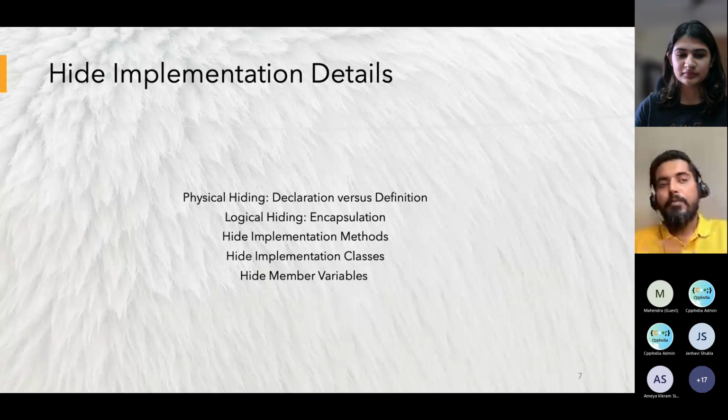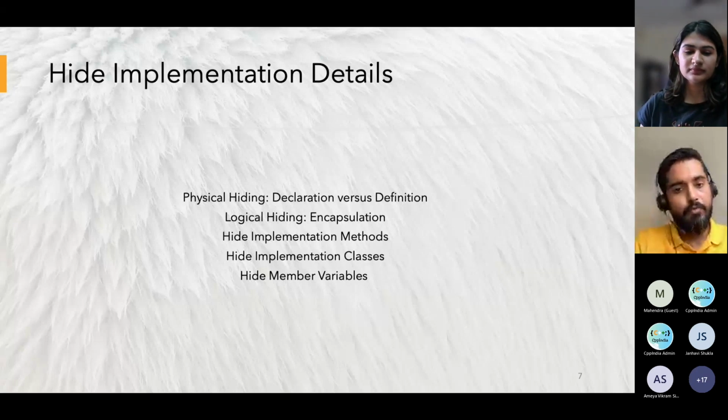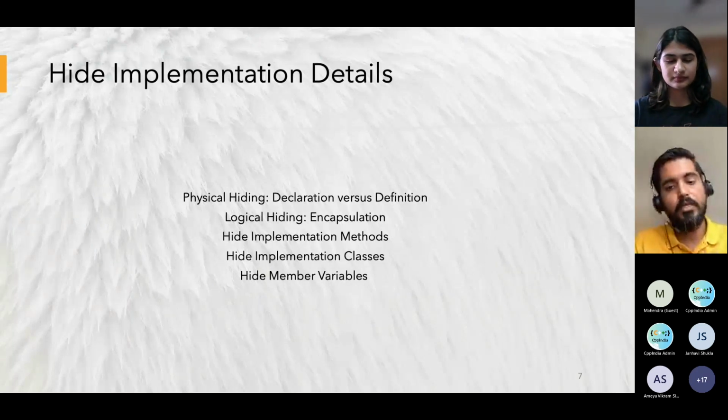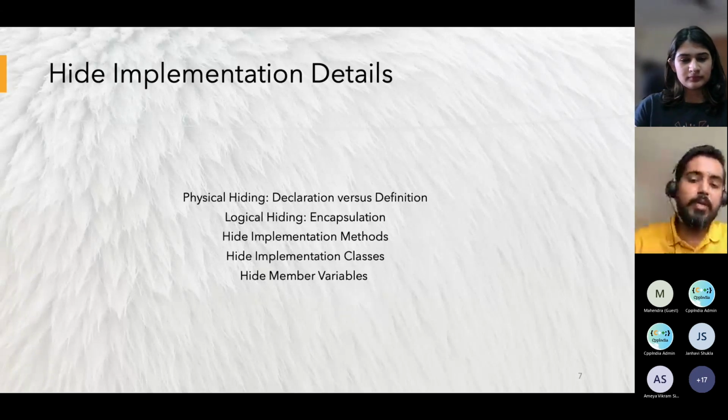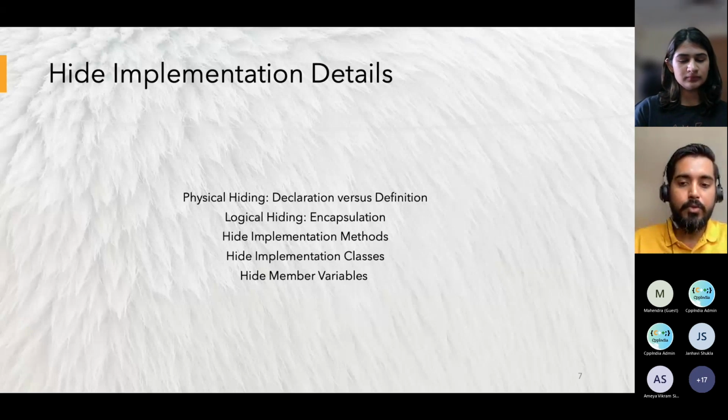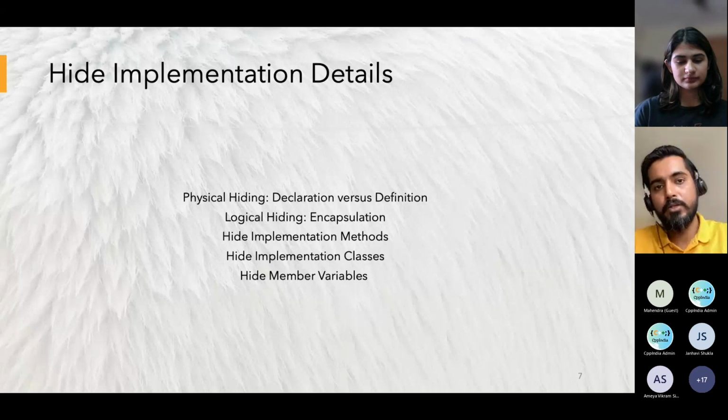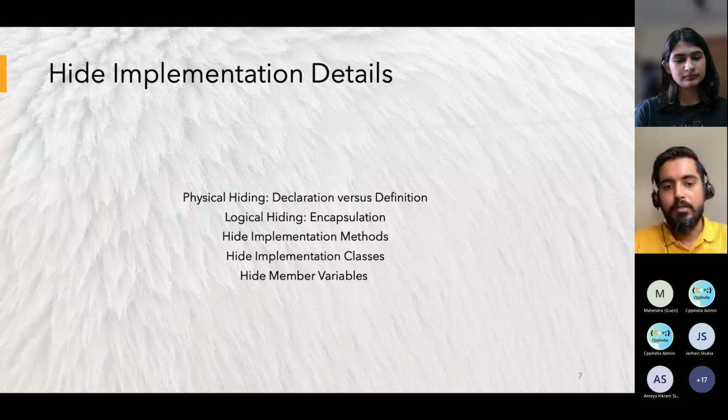And if you are adding protected, that is also not a very good way, because if you are deriving any class from your base class, then your derived class can still access your protected members. So if you are adding any public or protected members, you should have a very strong reason for having that. Otherwise, avoid doing that, right?